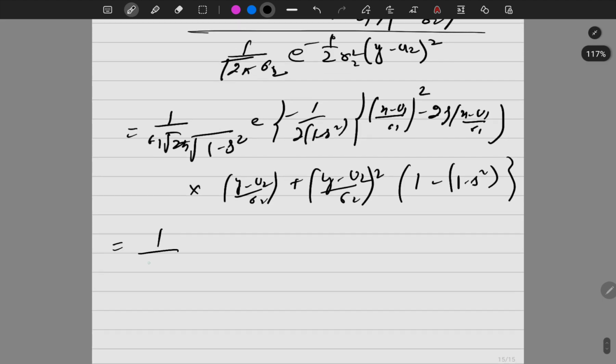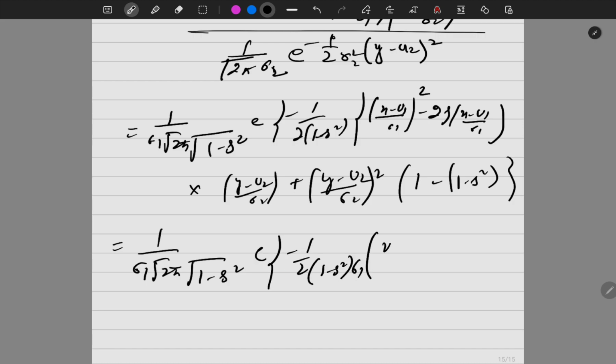This will be equal to 1 upon sigma 1 under root 2 pi (1 minus rho square) e to the power minus 1 by 2 (1 minus rho square) sigma 1